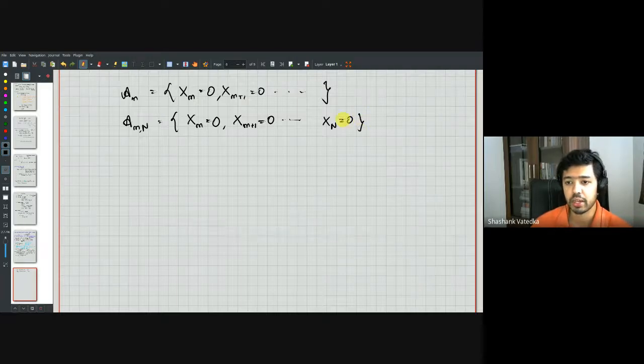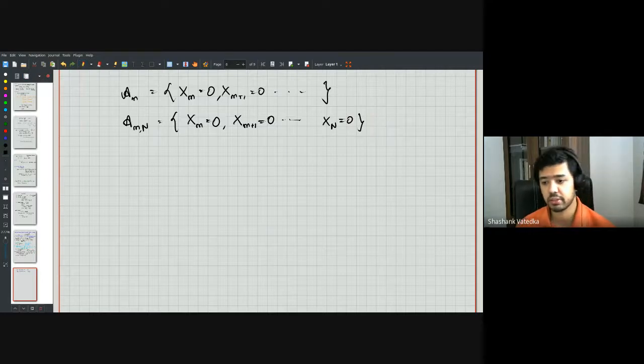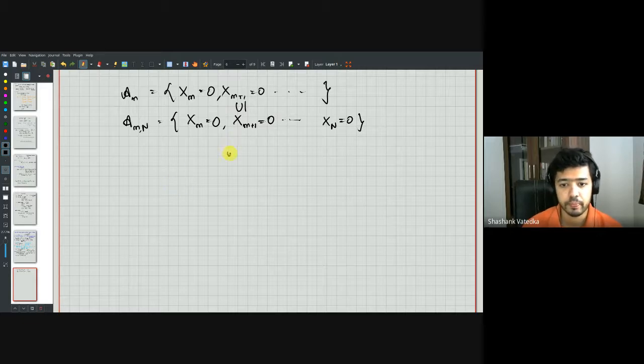I don't care what happens beyond xn. What can you say about these two events? Correct, so AM comma N contains AM, therefore the probability of AM comma N should be